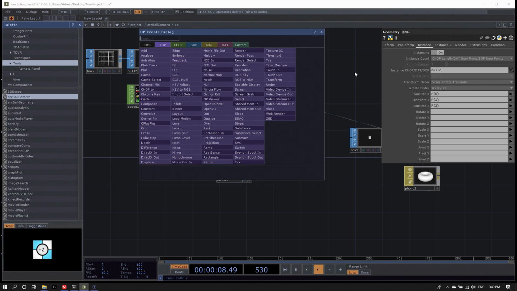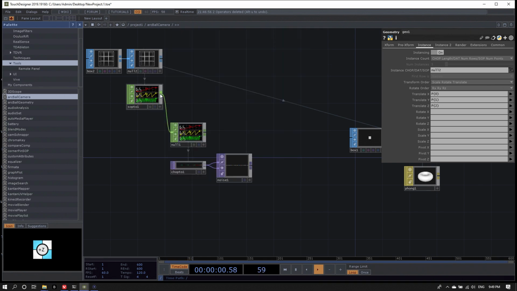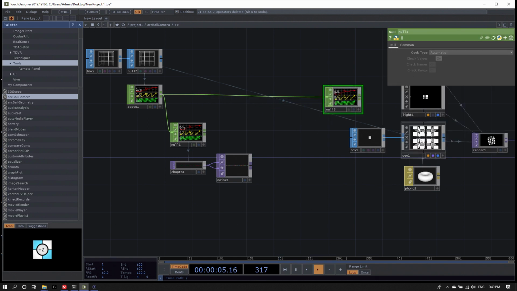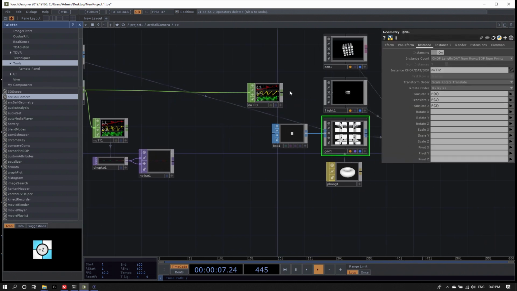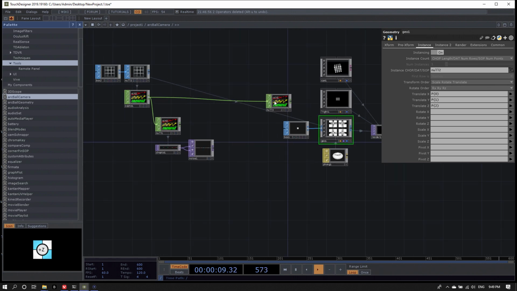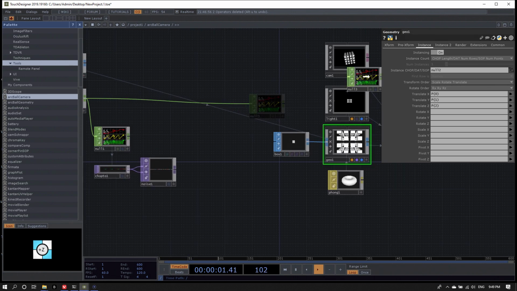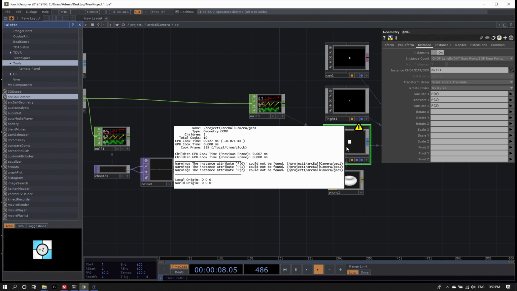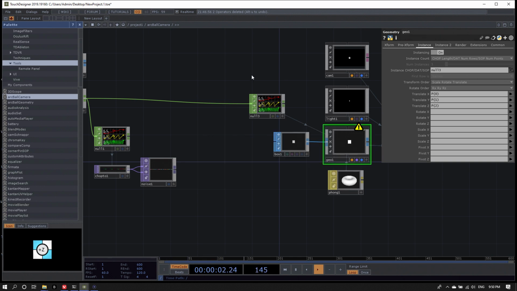So let's do that. I'm going to middle mouse click on the output of the sop2 chop, create a null chop, and reference this null chop instead of my null sop that I had previously as my instance template, so to speak. Now it's warning me that the instance attribute P0 could not be found.